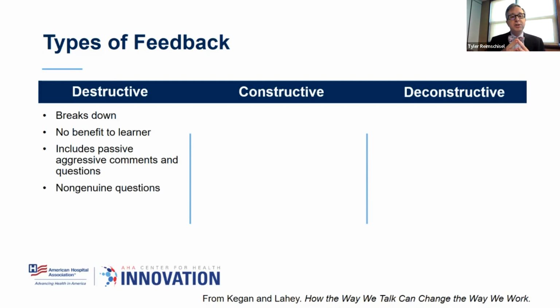So a genuine question is a term that I learned from Roger Schwartz, who's a team coach, and he defines genuine questions as questions that we honestly don't know the answers to, that lead to a dialogue or a conversation, and they are not suggestive. So a non-genuine question is all of the opposite of that. It's where we make a statement in the form of a question,